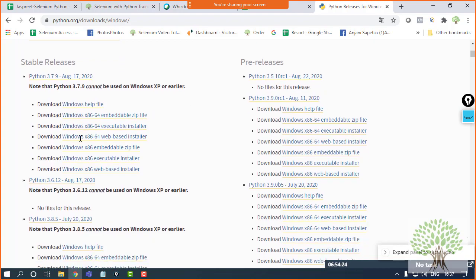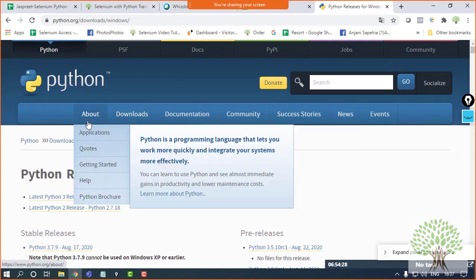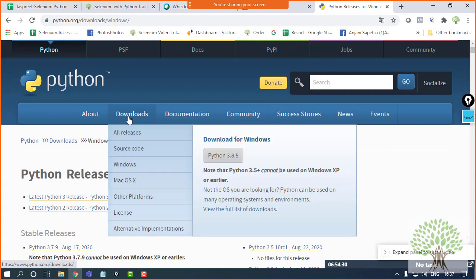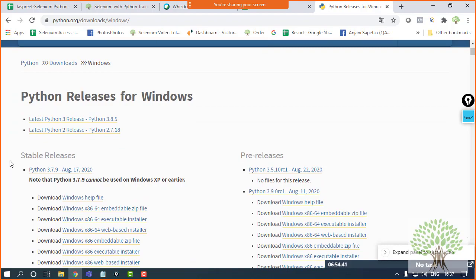That's fine. There is no issue. If you want the recent one, then the 3.8.5 version is over here. You can click on it, and this will start downloading an exe file onto your system, which is way too easy to install.